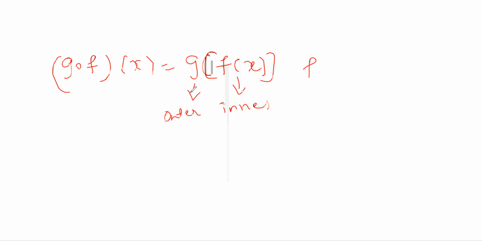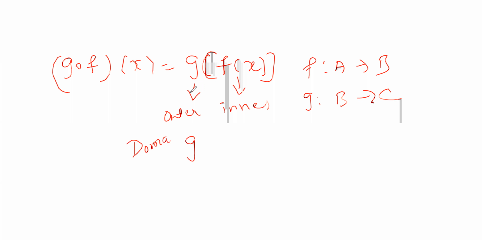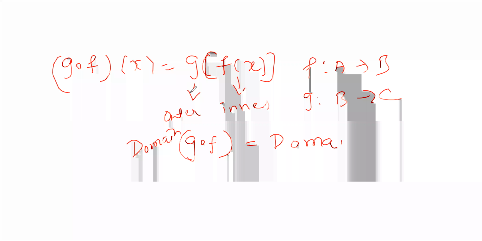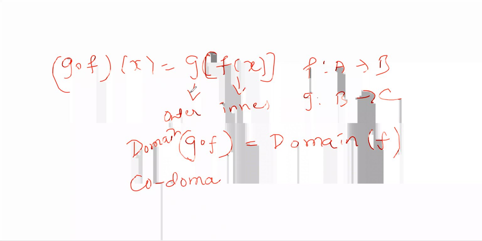If f is from a to b and z is from b to c, these are the two functions, then the domain of z composition f will be equal to the domain of the innermost function, that is the domain of f, and the codomain of z composition f will be equal to the codomain of